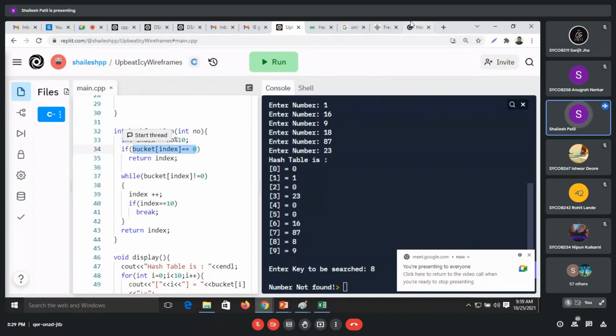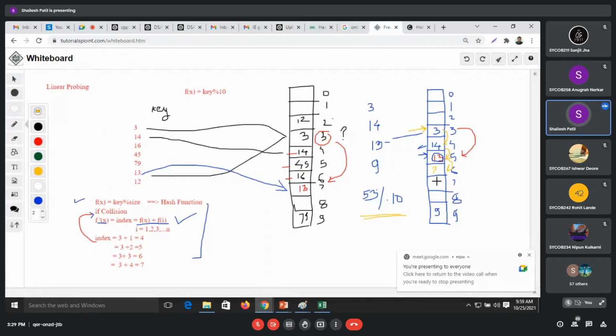Okay, what I have just asked you, suppose now in this case, this element 8 is placed at this position. Okay, 8 is placed at this position. Okay, so now I have to take the next number that is 18. Okay, so 18 is to be placed where? Okay, so what will happen if I take it like this, f of x. Okay, so my f of x will give us index as 8, but 8 is already filled. This is a collision. Okay, so what I will do is make it plus 1. Okay, plus 1 it will be made, so it will go to the next position. It is already filled.